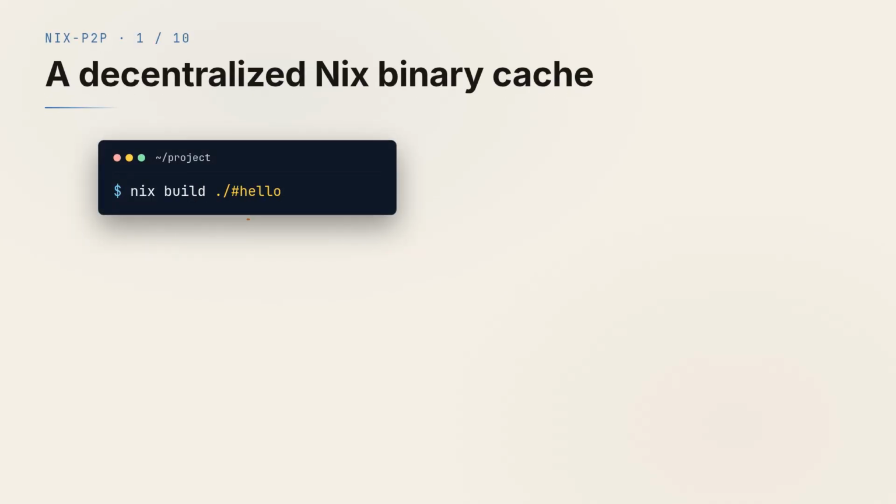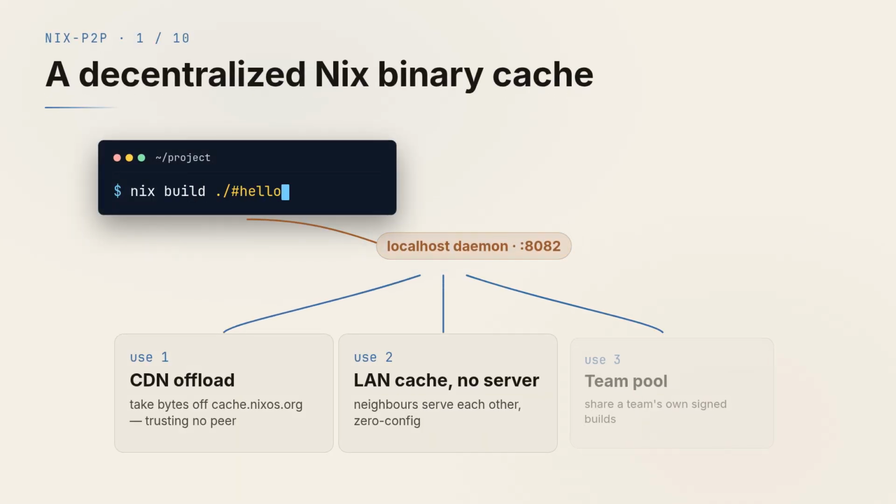nix-p2p is a decentralized Nix binary cache. It runs as a local host daemon that speaks the standard binary cache HTTP API, but it fetches store paths from peers instead of only a central CDN. One mechanism serves three uses: trustless offload of cache.nixos.org, a LAN cache with no server, and a pool that shares